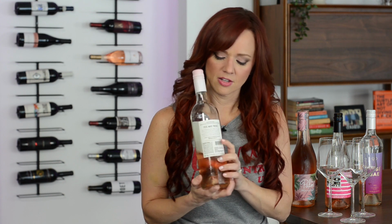So this one that I'm holding is called Yeswe Rose, and as you can see, I really like this one. It's one of my favorite wines to drink because it's just so light and crisp and refreshing. So the back of the bottle reads that it's dry, refreshing, and made in the south of France. Yeswe Rose is the dream turned reality of Erica and Nikki, best friends on a mission, that's adorbs, to make quality rosé that doesn't take itself too seriously. And I like how they've kind of Frenchized,